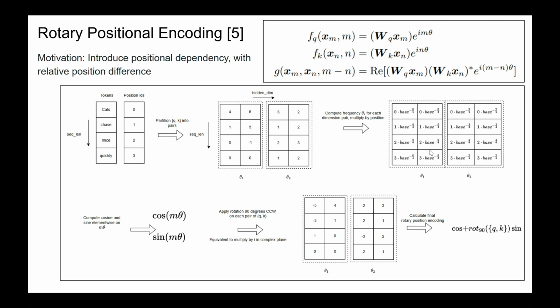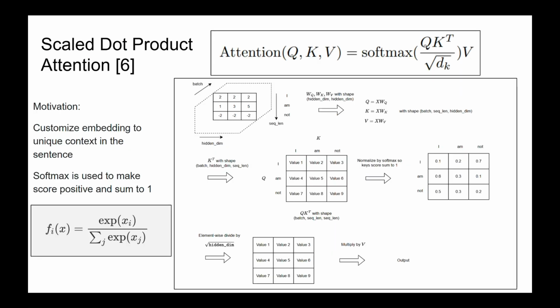If you have prior background in complex numbers, you're essentially rotating the matrix by m theta counterclockwise, which is the same thing as multiplying by a complex exponential e to the power of i m theta. And so now you can assume that each of the words that appear is already positionally encoded and they are not shuffled around. Alright, this is where things get interesting, because now we are trying to customize